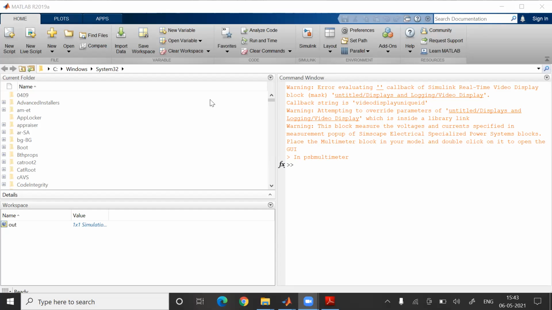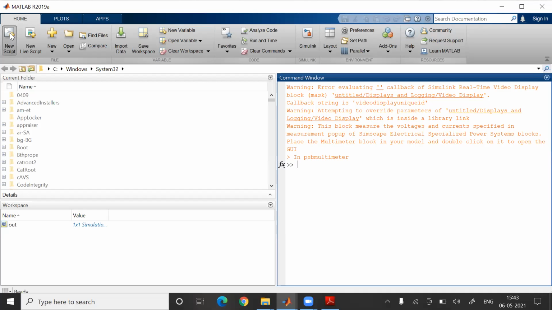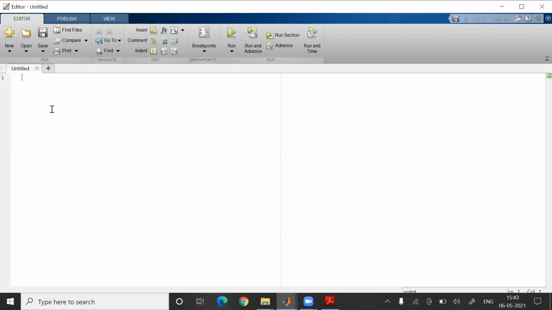This is your MATLAB software, where you could code. I will just give a hint: you could code this in C language or in MATLAB, whichever you know better. We'll not go into this segment, it's not required.